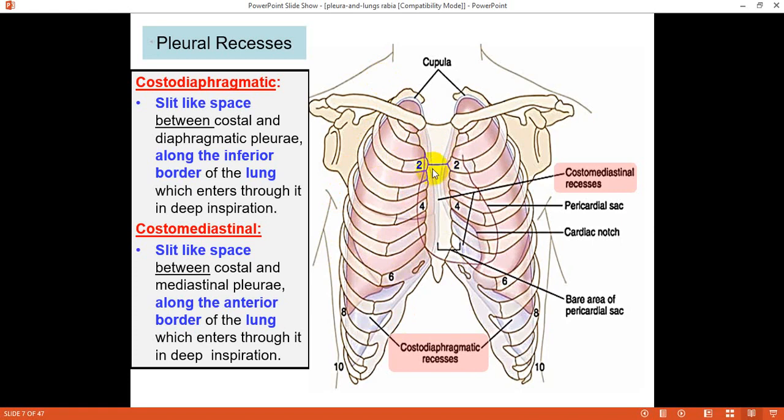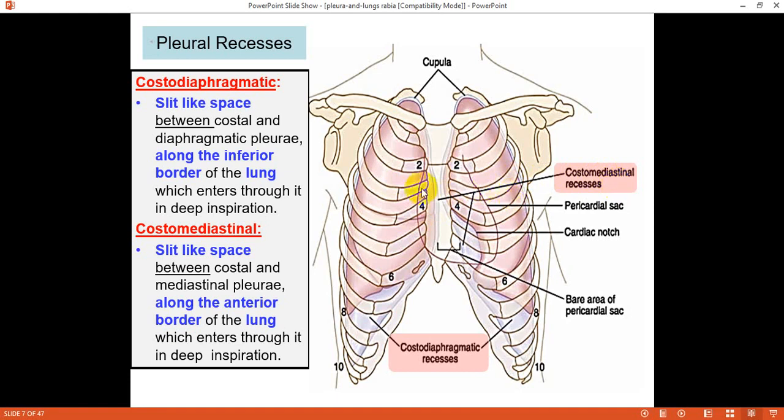And as there is a slight negative intrathoracic pressure always, and there is surface tension of that pleural fluid, these layers are close together, except in some areas where you can observe that when the parietal pleura, the costal part anteriorly, is reflected on the mediastinal surface, the distance between the visceral and parietal pleura is slightly increased, but still it is a thin slit, and this part is called